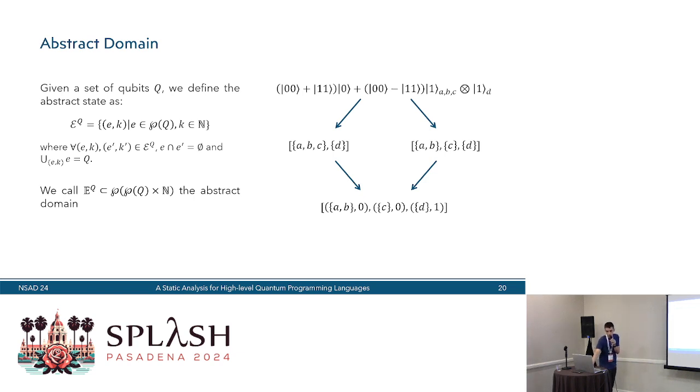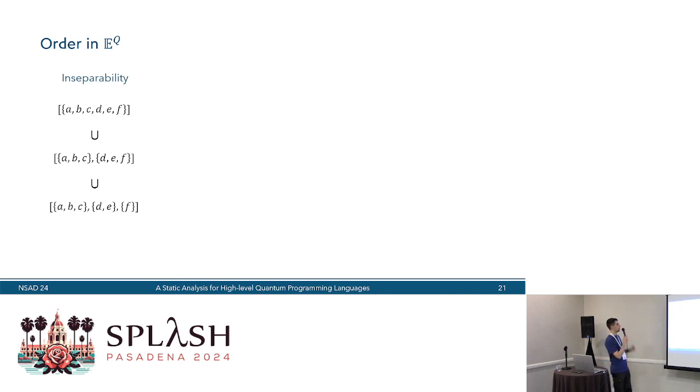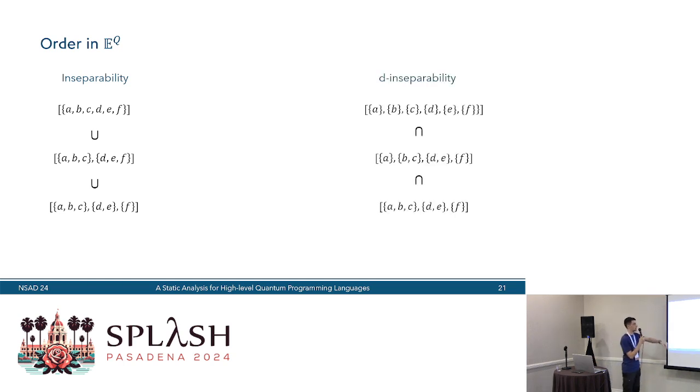So to complete the domain, we need to define an order in this domain. In particular, with this order, we want to represent the fact that we need to overestimate the inseparability, since our goal is saying which are the variables that may be entangled. So in this order, we overestimate the entanglement. But at the same time, we need to underestimate the direct inseparability, because being directly inseparable implies some effect. So if we want to be sound, when we apply this effect, we need to underestimate this relation. So the inseparability must be ordered in this way, and the direct inseparability